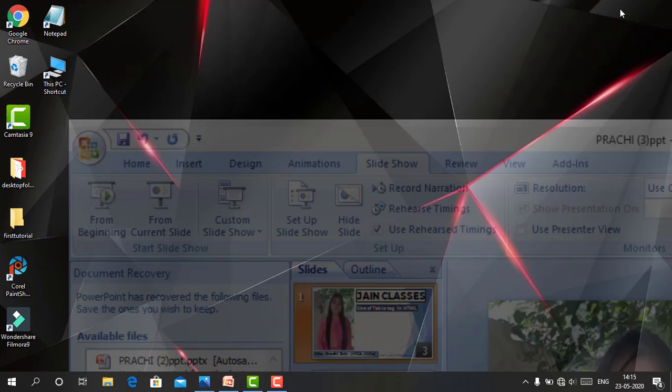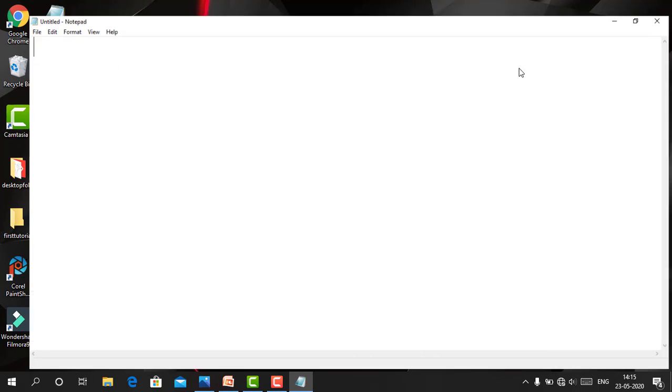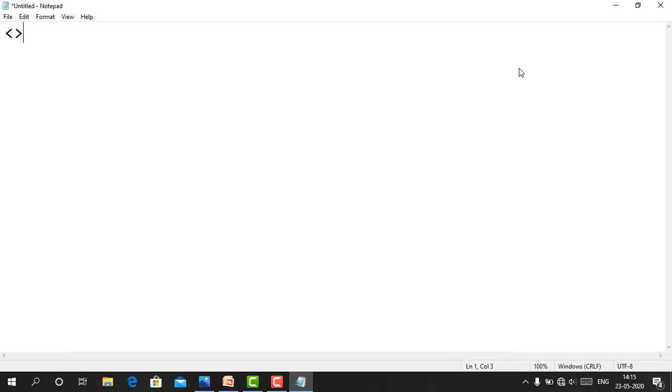To do the programming, we should open Notepad first, and in Notepad we will write the HTML tags. So in the HTML, opening HTML, then closing HTML. In the HTML tag, the body section is there.